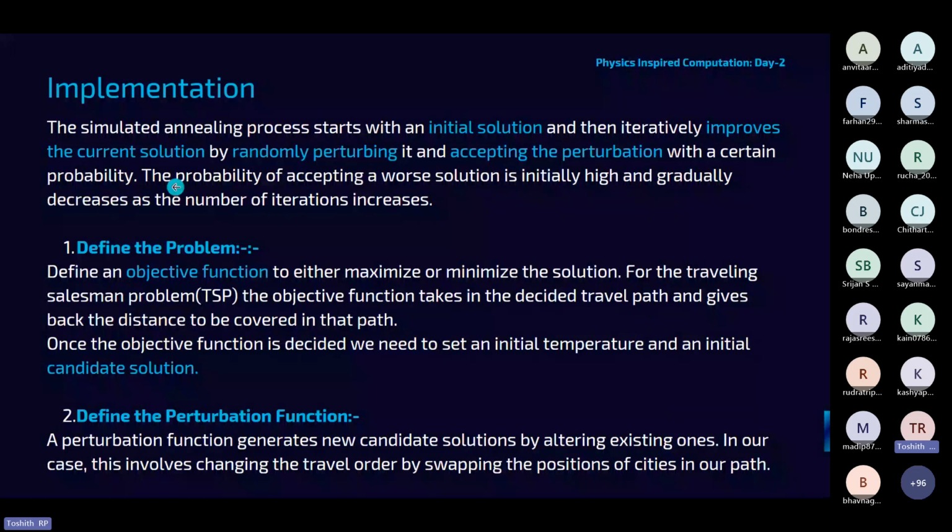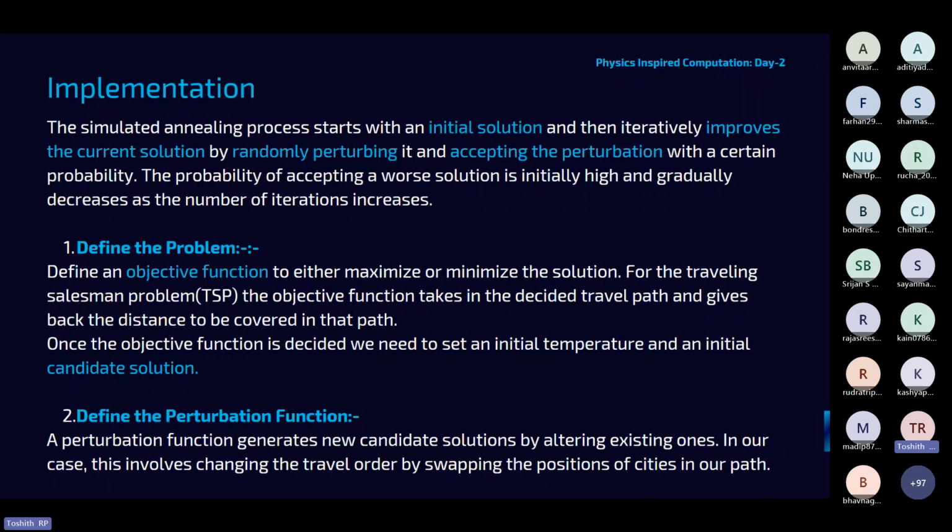What this means is, let's say you are in Delhi and you would like to visit Mumbai and Chennai. You could go from Delhi to Mumbai, then Chennai, then back to Delhi, or you could go from Delhi to Chennai, Mumbai, and then back to Delhi. In this way, you have changed your touring path, but the tour distance is the same in both cases.